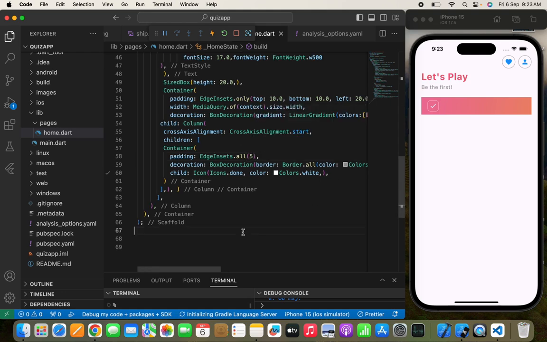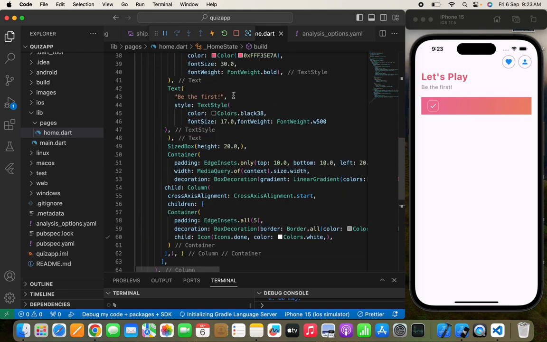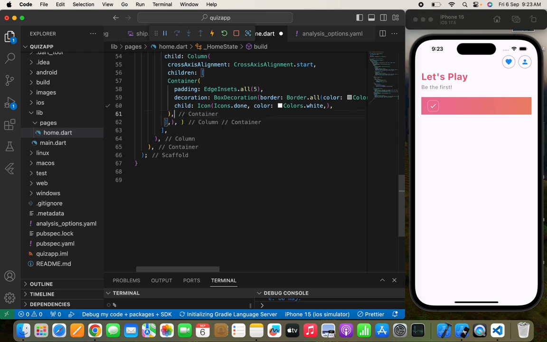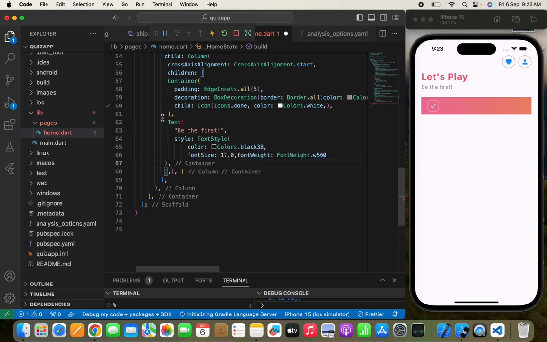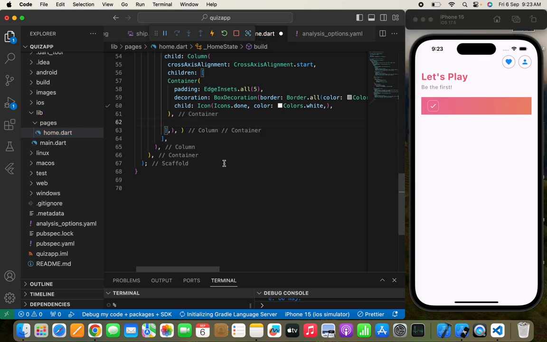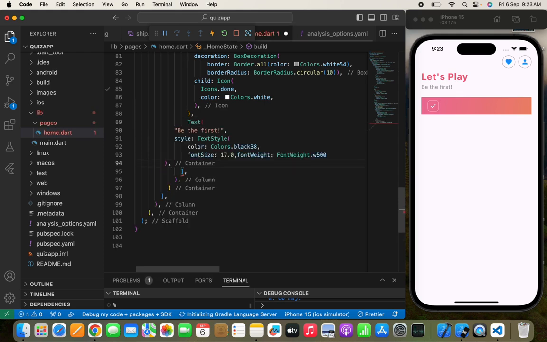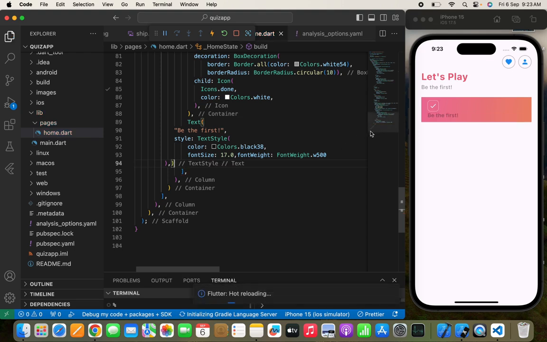Now just below this icon there will be a text widget named level 1. So we'll copy this text and paste it over here. Yeah, we are getting an error. Wait a second, I need to paste over here. So yeah, here it is. Now we need to change to level 1,